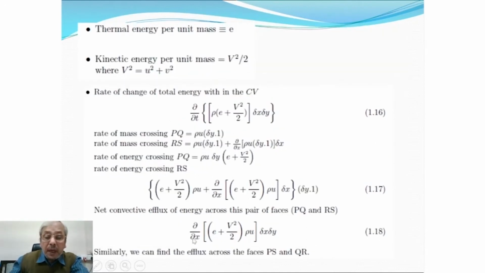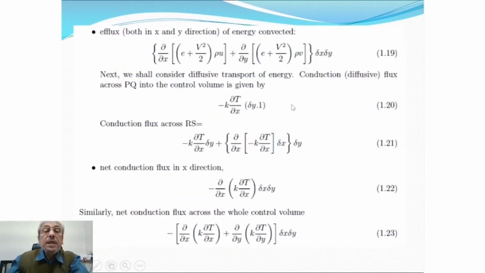This is in the x direction, and similarly we will be able to get a flux in the y direction if we perform an energy balance between the PS and QR pair of surfaces, and then if we add them together we will get